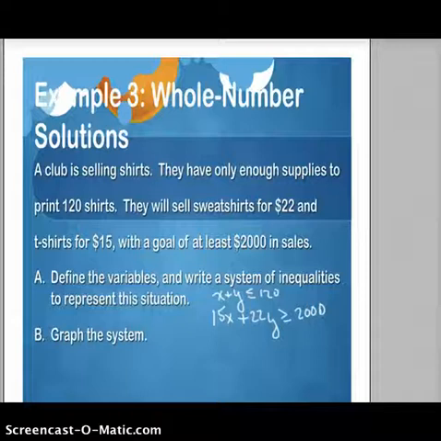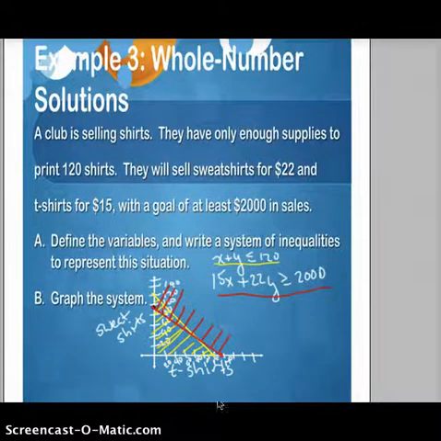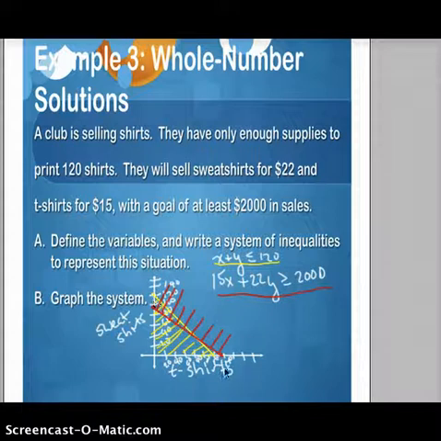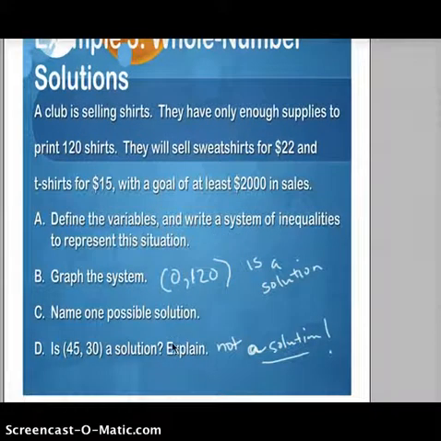So here's the graph. We're going to graph each inequality and we're going to display it on an XY plane. So here you can see my graph, and I know it's pretty hard to tell what's going on, but I tried to color coordinate it. So if I graph this first inequality, I'm going to be graphing this line here from 120 to 120 shading down. And if I graph this one, again using the X and Y intercepts, I'm going to be here at about 90.9 and down here at approximately 133.3, and I'm going to shade upwards because that's what my inequality tells me. So as I see how this applies to the problem, I see that this little sliver is my solution. 0, 120 is a possible solution, and 45,